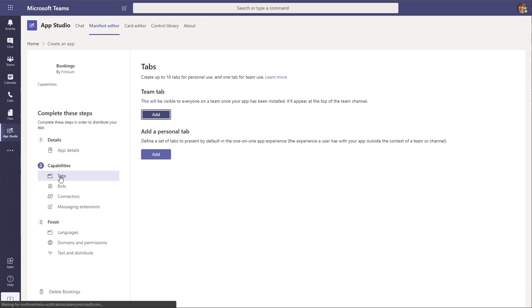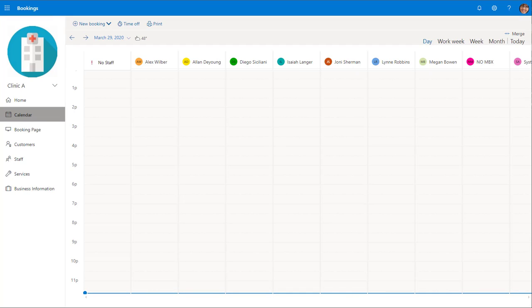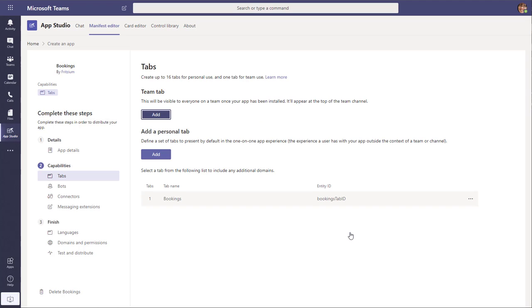Next up, we're going to go down to tabs. We'll make sure to add a personal tab, as this is how this will work, is adding it for users on the left-hand side. We'll give the tab title. We'll call this Bookings. An entity ID. We'll say Bookings tab ID, although this is customizable to your needs. And then we'll put in that URL that we talked about before, the same URL that we used as a tab in the team earlier. That needs to go into Content URL. We'll hit Save at this point,